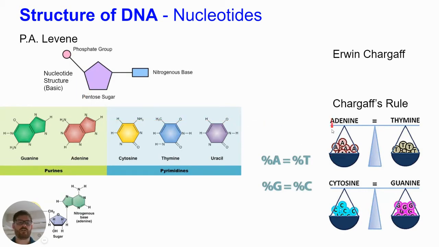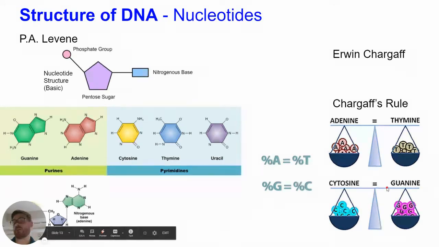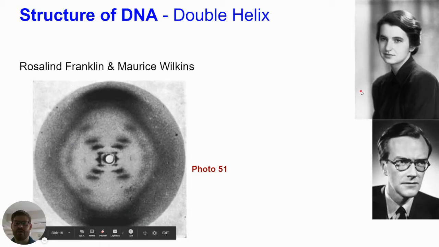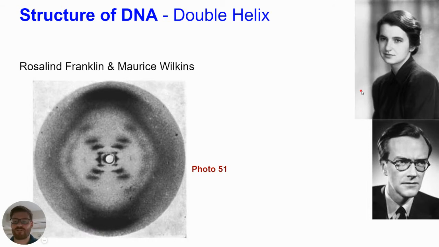We know that these A's and T's come in equal ratios, and we know that the C's and G's come in equal ratios. But we're not sure about the structure yet. But let's take a closer look at how we came to know that. These people deserve some recognition, so let's call out their names here. So in discovering the structure of DNA,